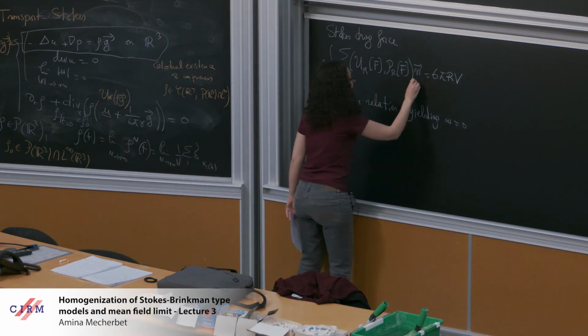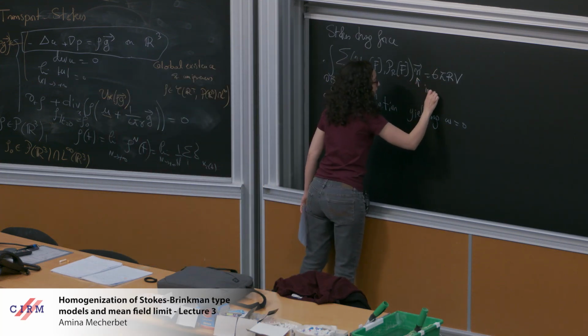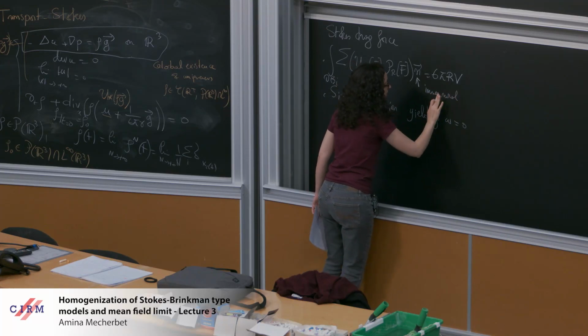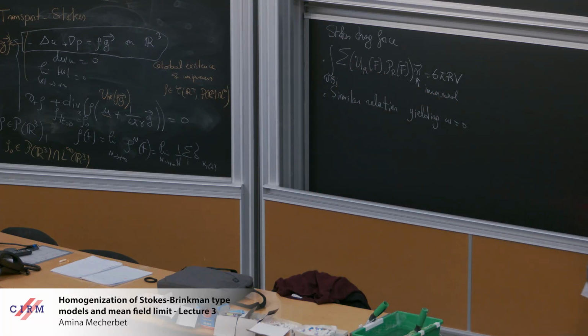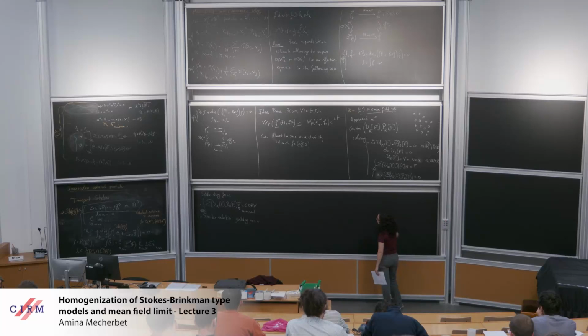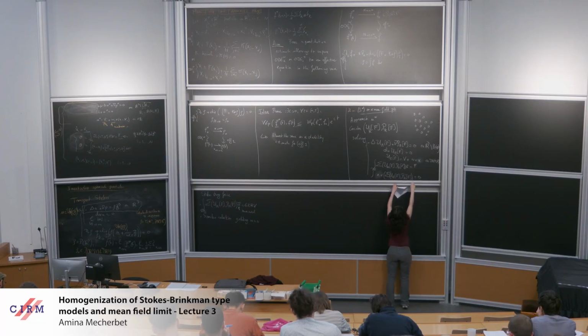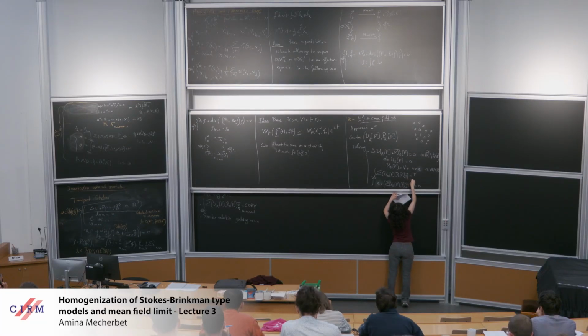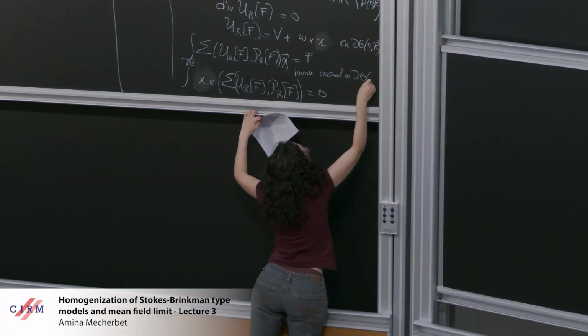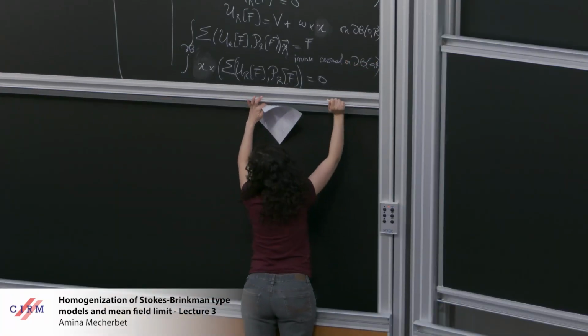Let me just precise that this is the inner normal. Yeah, I have to be careful about this. So there is the outer normal, and here is the inner. But anyway,